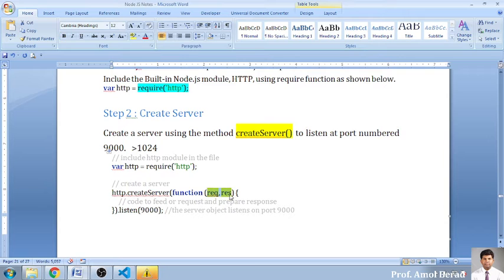So request and response, two objects are required because we need to send something to the server and get something from the server. The names of the objects are req and res, and we have to write our business logic inside this parenthesis. When I say port number, it means there should be a listener listening on your port number. The port number can be 8080, 8000, 7070, जो चाहिए आप वो पोर्ट नंबर डाल सकते हैं, but it should be greater than 1024. Is it clear to everybody? Yes or no?